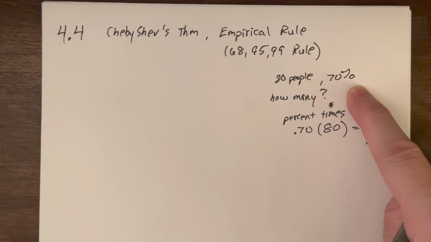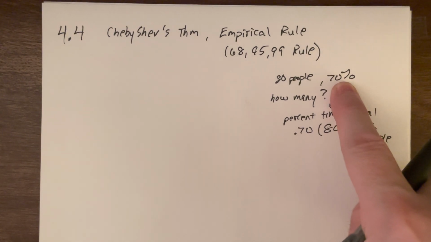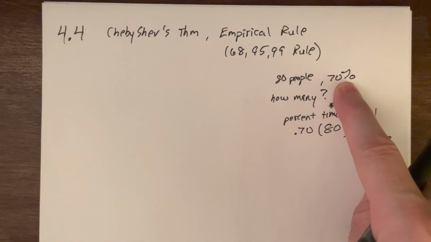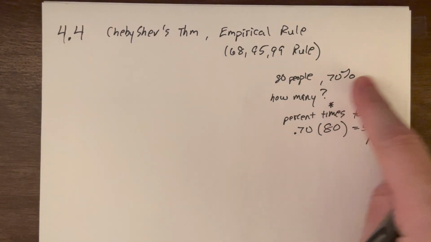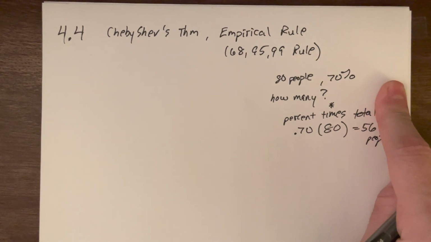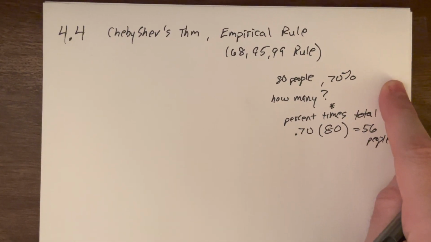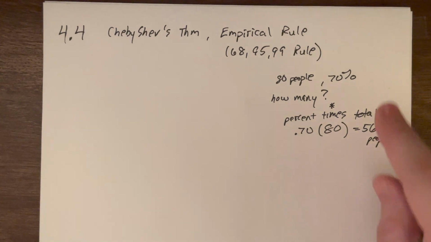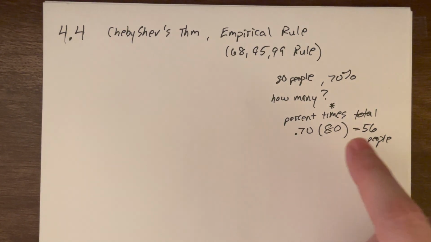Another quick thing that'll come up, if 70% of the people liked it, well, then that would leave 30% of the people who either did not like it or did not know. There's a little bit of an idea of complement. We'll talk about that later on in Chapter 6 when we discuss probability. But just to get to this how many. This comes up again. We do a lot of percentage, and we'll focus a lot on that in the video. But a couple of the homework questions just push you a little further, and that's the idea.